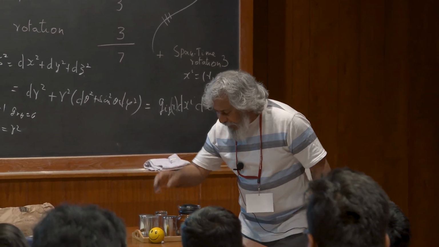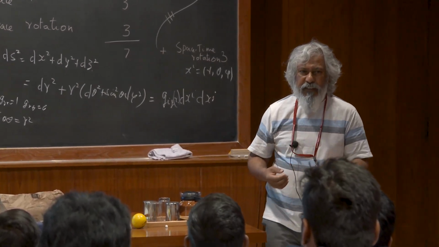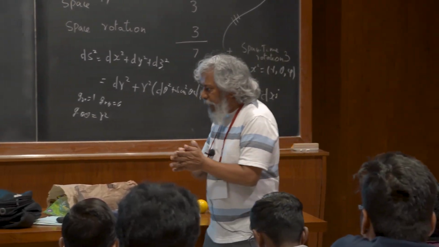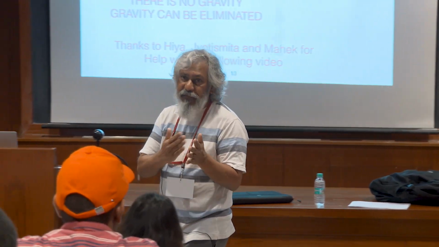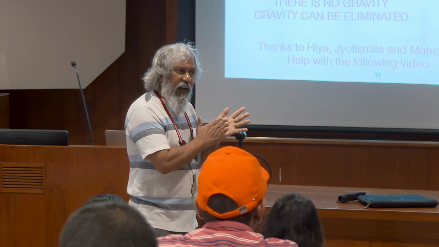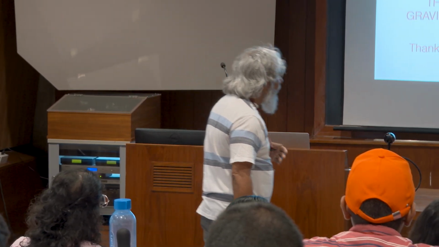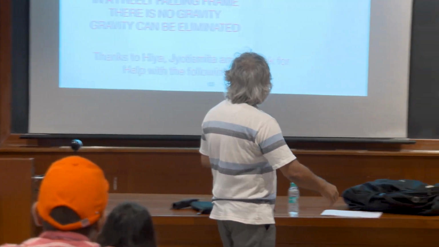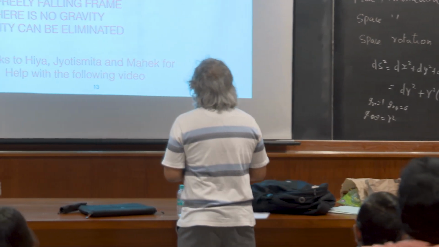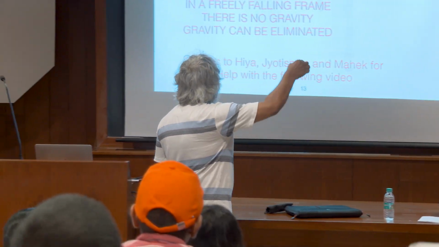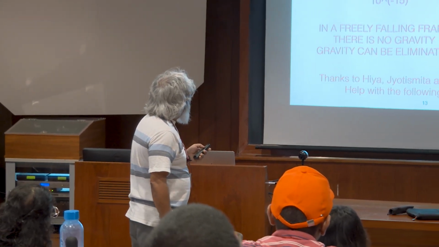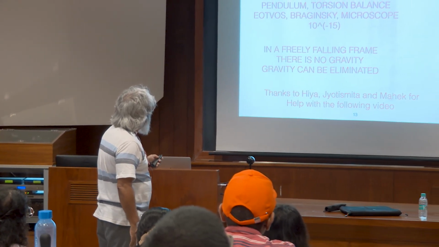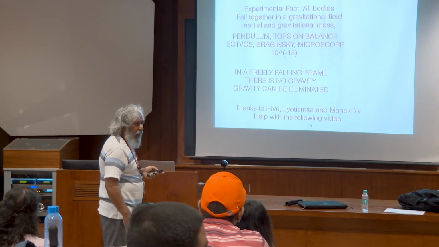And it doesn't matter the color of the chalk, the material from which it's made, all that stuff doesn't matter. People have done experiments to detect whether different bodies can fall differently in a gravitational field. They've never been able to find any difference. So I'll talk a little bit about the experiments in a minute. One thing is to just drop things together and see if they fall together. The other idea is that there's a difference maybe, and they're all related ideas.